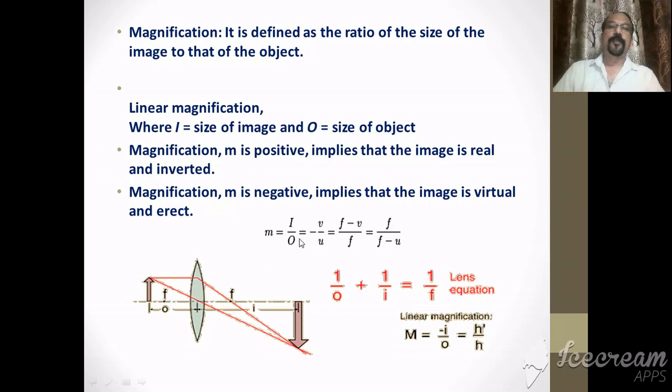Then it means that I upon O is equal to minus V upon U. Okay, so this is the small